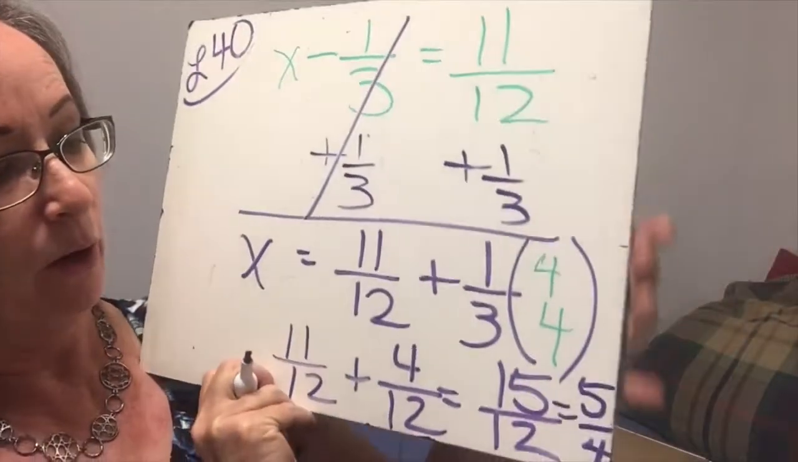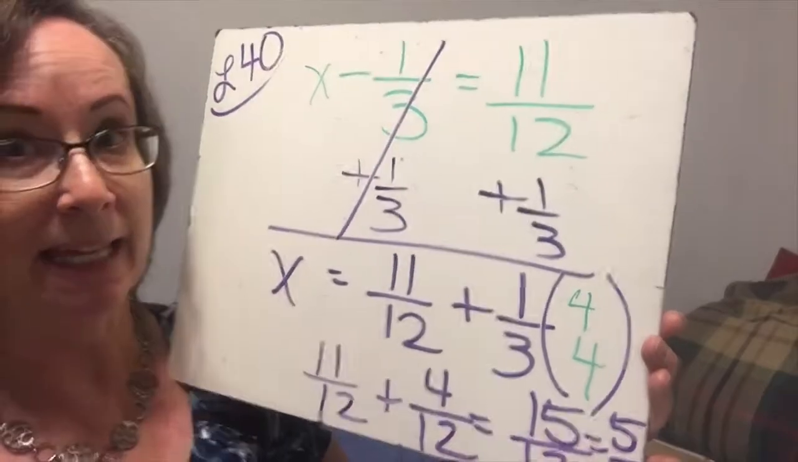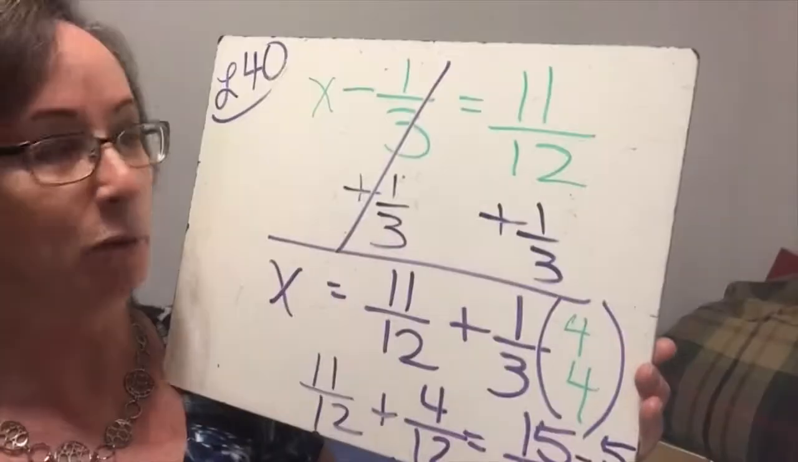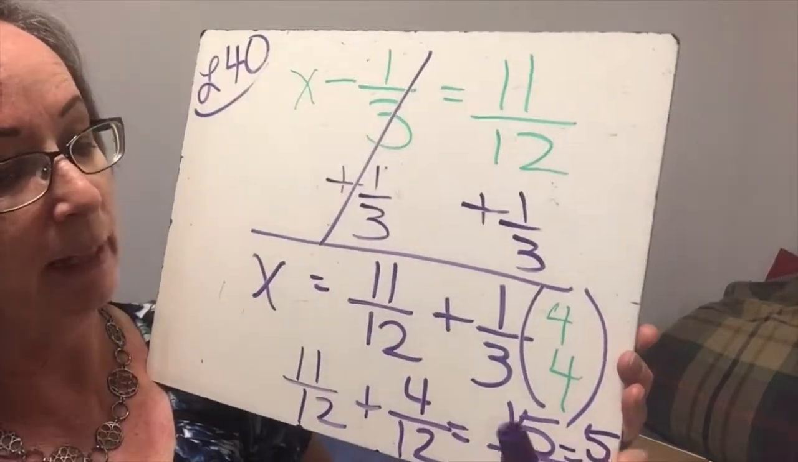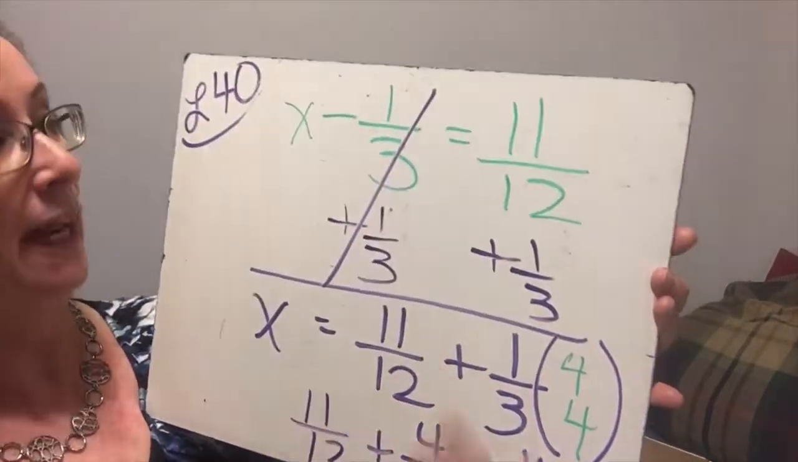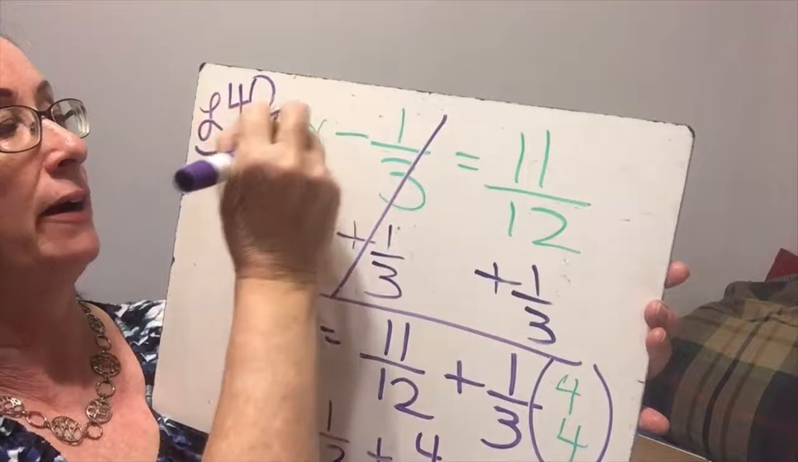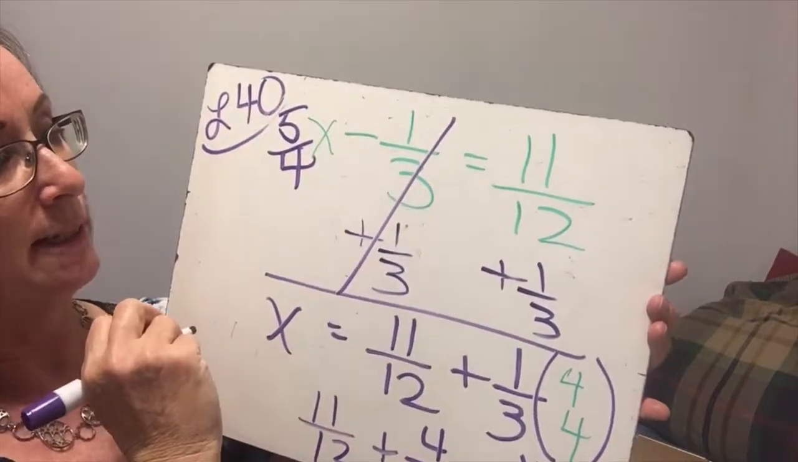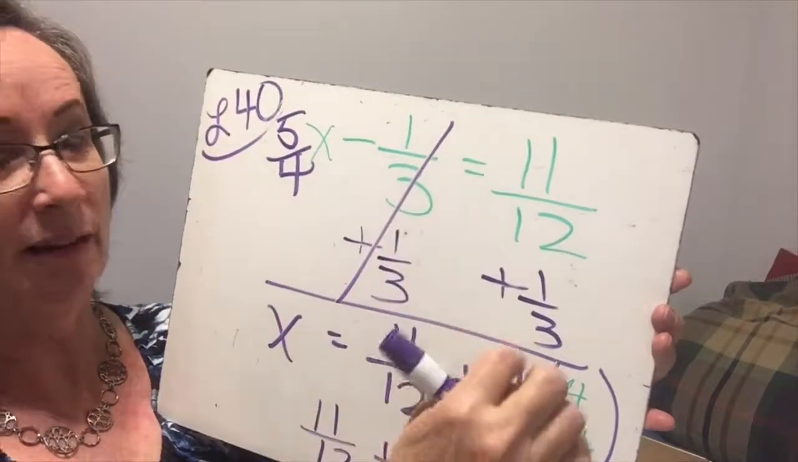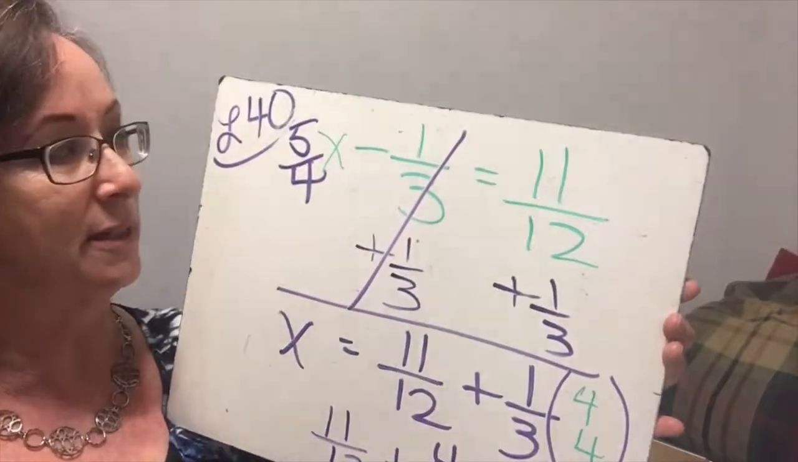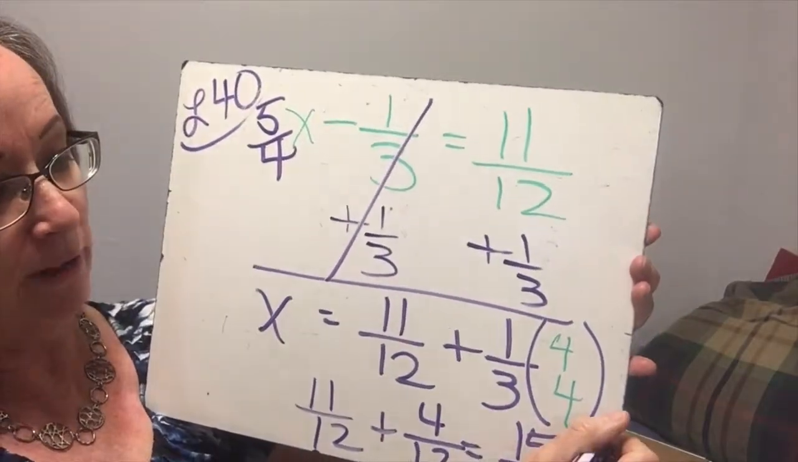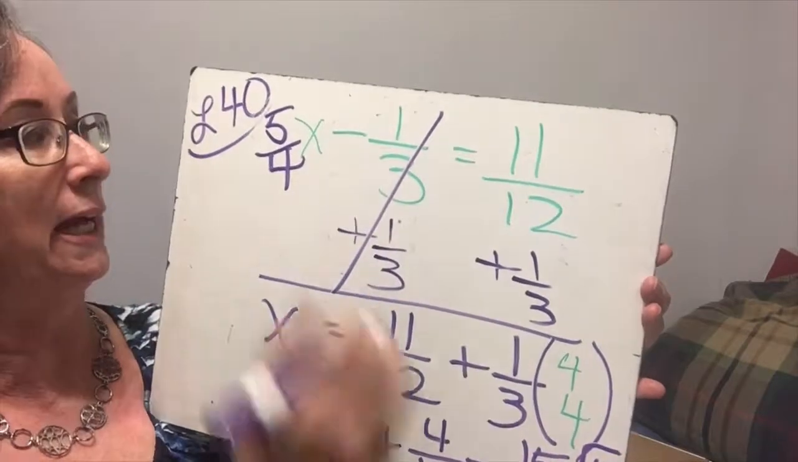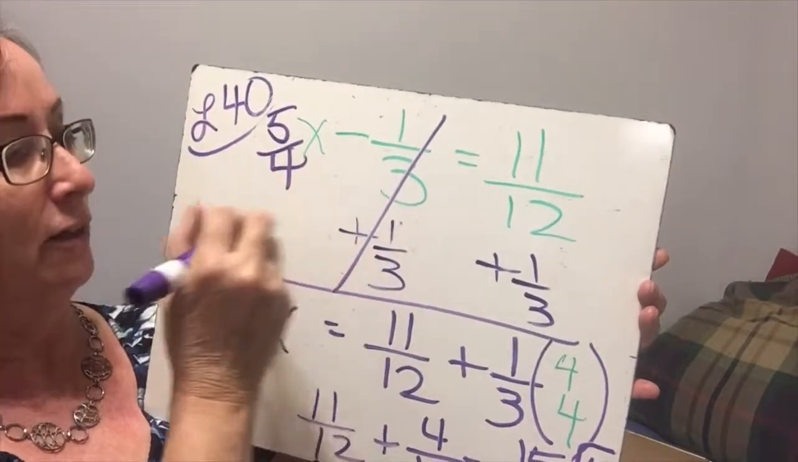Okay, so we can either check it as the improper fraction or the mixed number. We'll just check it with the improper fraction. So we're going to put a 5/4 right there. And we're going to say, okay, 5/4 minus 1/3 is 11/12. We can't really see it like that, can we? So our answer is 5/4, but when we go back to check it, we really need to check it in the form of